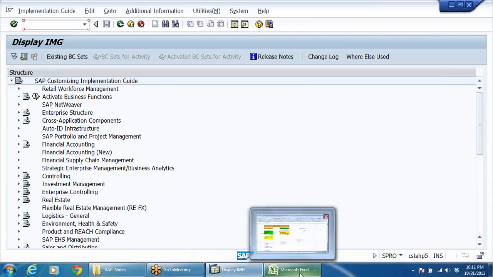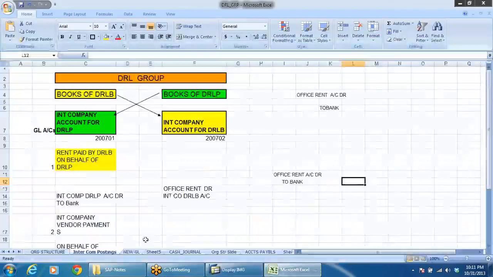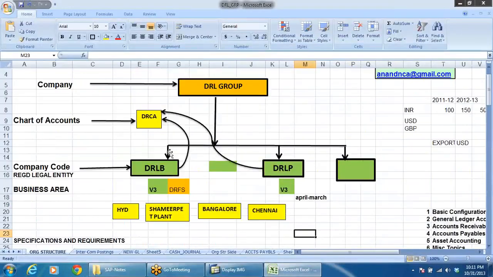Rollout means, say for example, if we have implemented SAP for one company code, and I want to implement for a second company code, I need not follow all the steps I followed for the configuration of the first. I can simply copy and create a new company code. This is called SAP rollout.